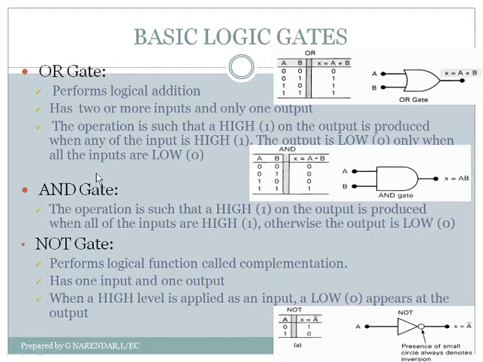And here goes logic gate number 2, the basic logic gate, the AND gate. So AND gate performs a logical multiplication. The operation performed by AND gate is logical multiplication or AND operation. So the AND gate also has two or more inputs and also has only one output, and here also we assume that